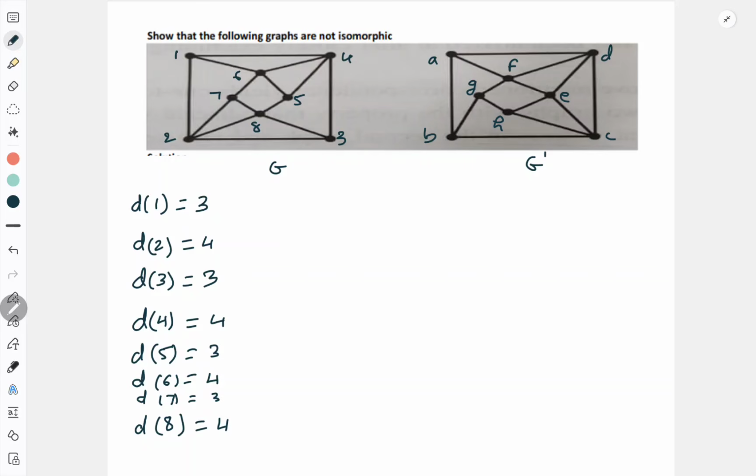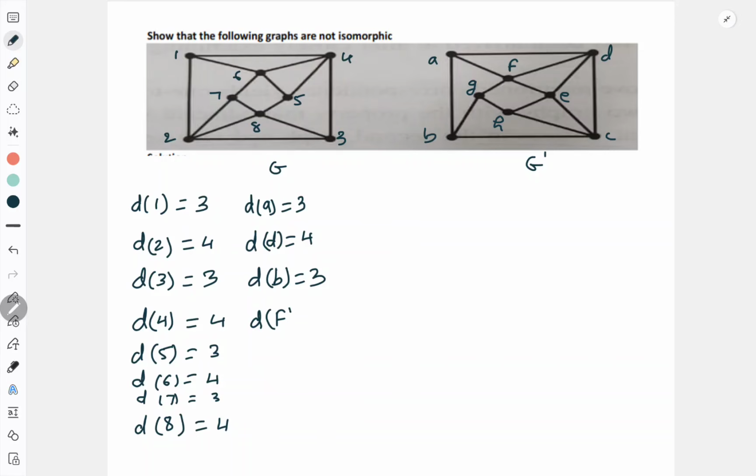Now what you have to do when you are writing, make sure you write the vertex with degree 3 in front of 1, so it will be easy for you to compare and get the answer. So now degree of A is 3. Then go to another vertex which has a degree 4. So where is the degree 4? D. So degree of D is 4. Correct? Now degree of 3 is 3. So search another vertex with degree 3. So I can say degree of B is 3. Correct?